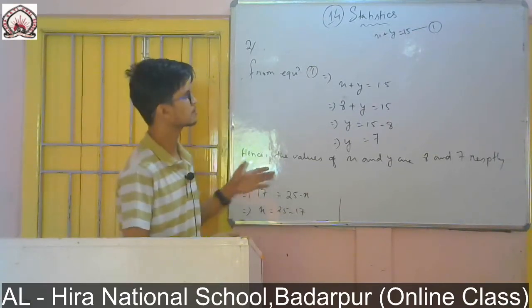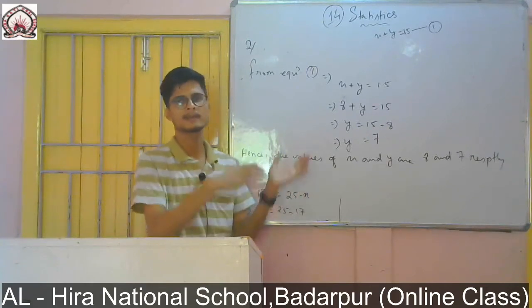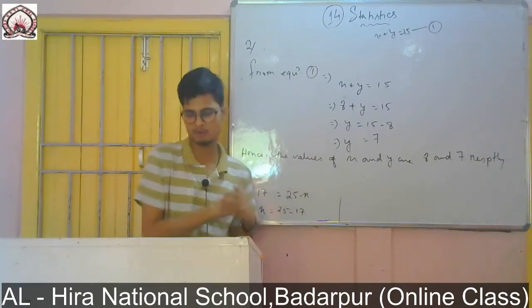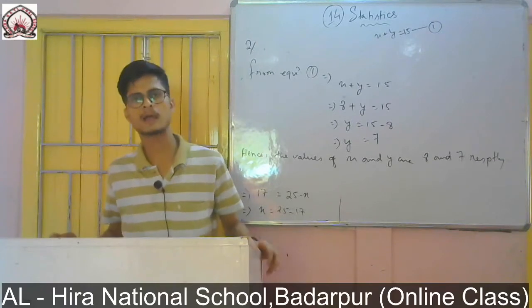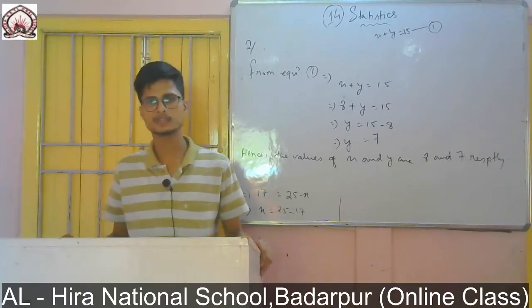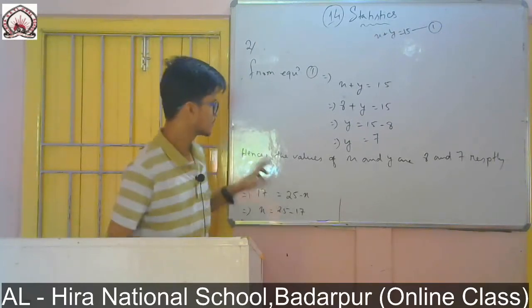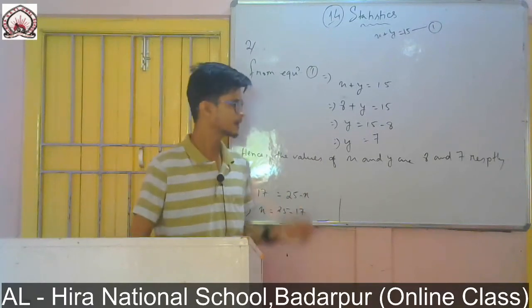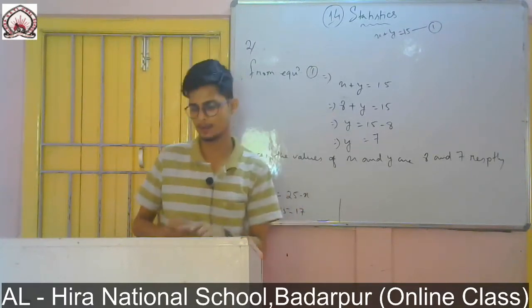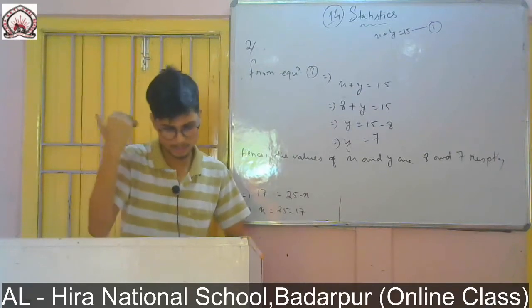So simply like this one you put this thing in the formula of median. Median equals to L plus n by 2 minus Cf by f into h. So in that formula you put, you will get the value of x like this one, and then you substitute in equation number 1. So this one is same like question number 2.